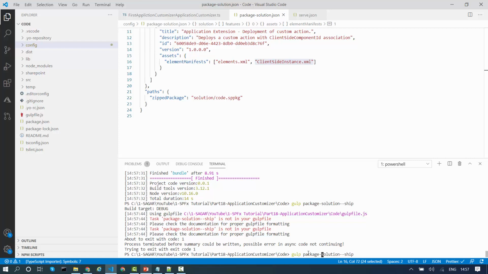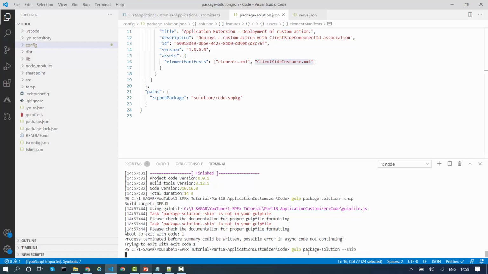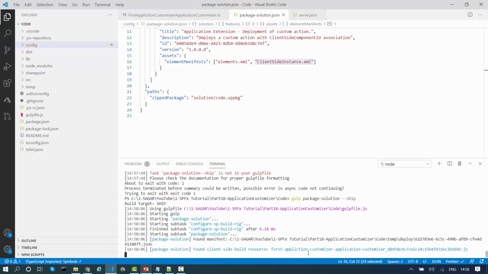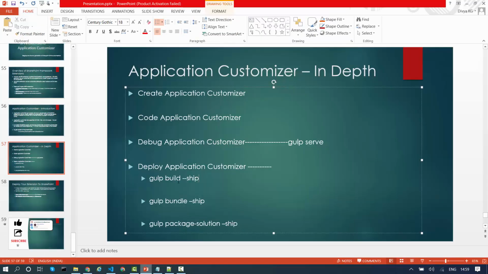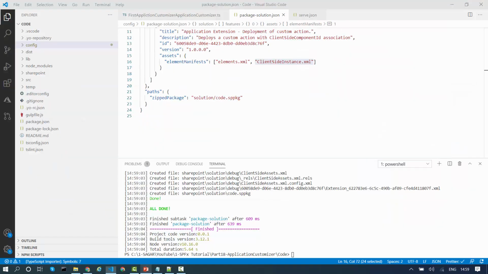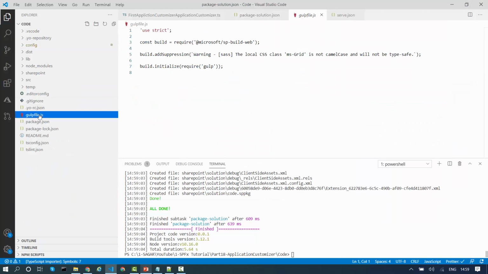I think I have to give the space. Yes, please be careful, there is a space between gulp and build, and after build and hyphen there is a space, otherwise it will give us an error saying it is not defined in gulpfile.js. So please be careful. Okay, so our package is ready.